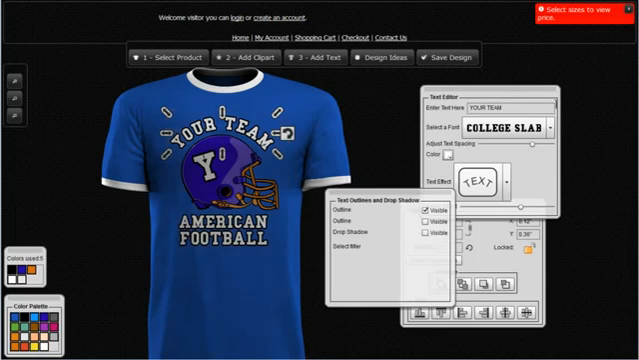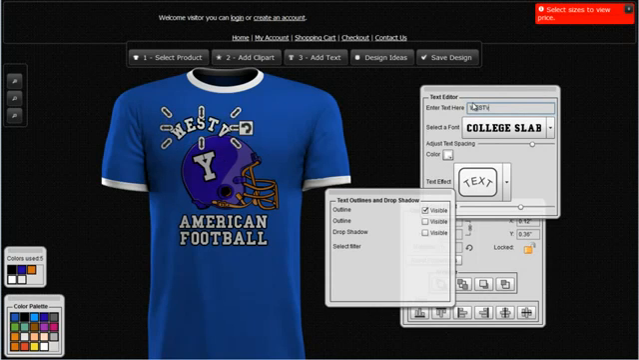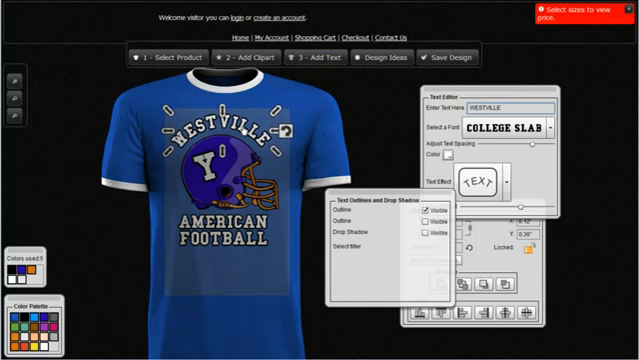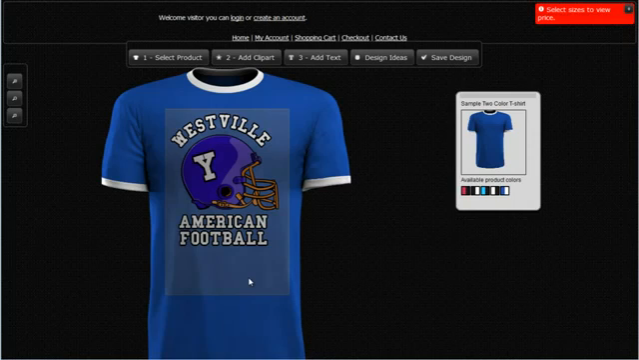Let's say I want to change your team. We'll change that to, let's say, Westville, and you can see that I'm able to customize and tweak these designs out very quickly and very easily. So you can see that working with the Design Studio